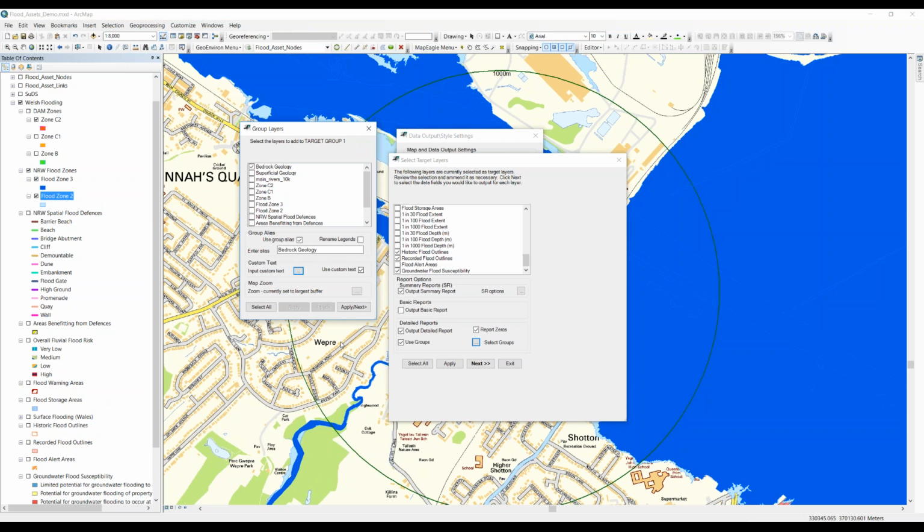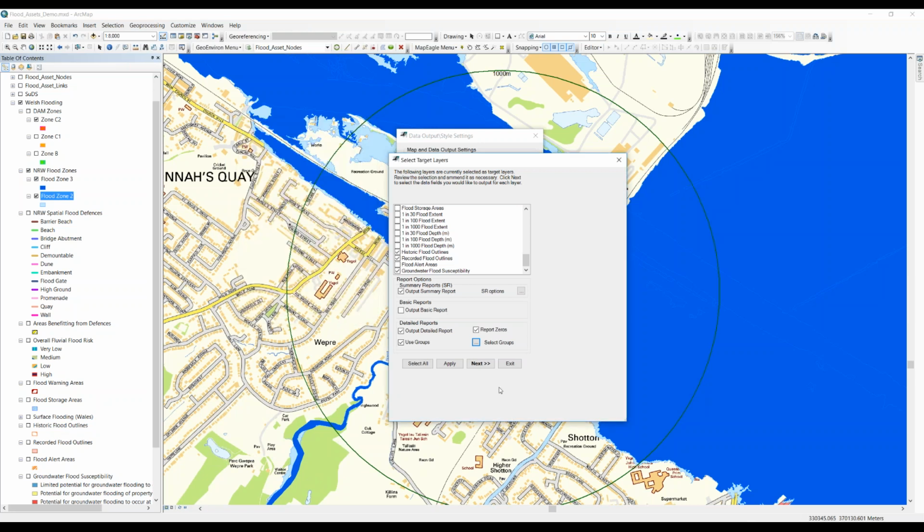So fully customizable for how you want your layers to look, and then you can search through those. The other key thing, obviously that's in terms of what you want to see on the map, but that's probably more important for your internal work, is you want to look at what the attributes are for those particular layers that you're searching. So if we follow next on this one,